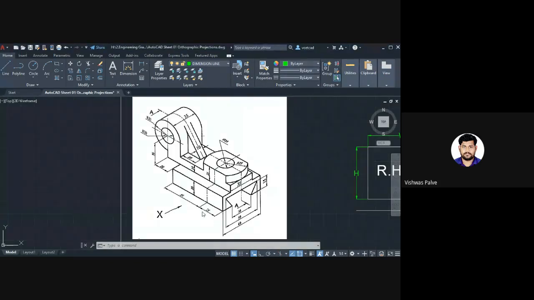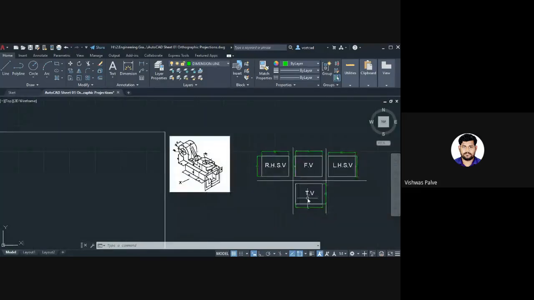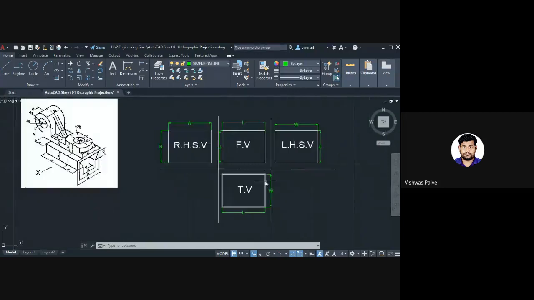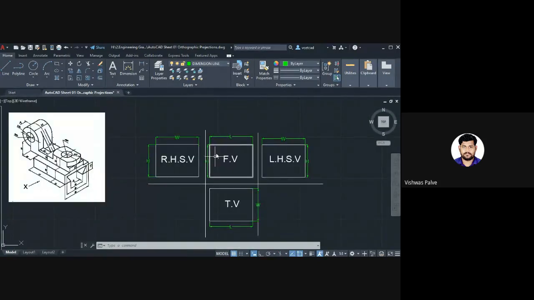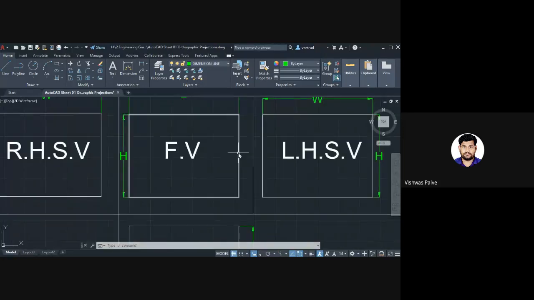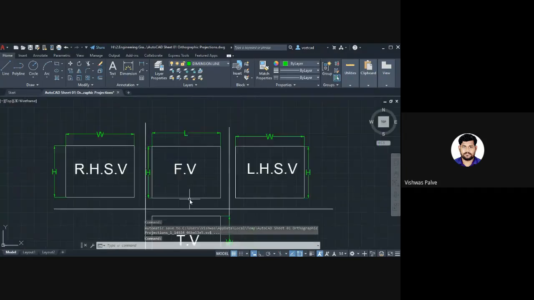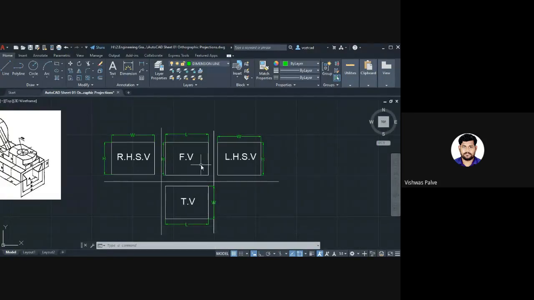Now, next, maximum width. Very simple. Maximum width of the problem. 60. Okay, maximum width is 60 millimeters. So everyone should get a habit of first calculating the maximum length, width, and height of a problem. Once you calculate them, you will know how much space is required to complete the front view, top view, left hand side view, and right hand side view. So if I want to complete the front view, this much space is required for maximum height and length. You can leave 10 millimeter here, 10 millimeter on the other side, 10 millimeter above the XY line, and 10 millimeter below the XY line. According to it, you can just calculate.